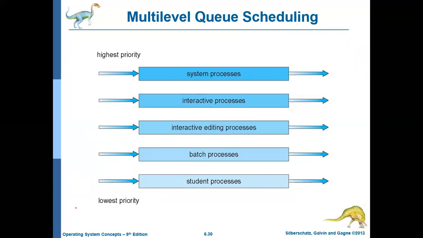Okay, so there are two types. The first method is that all the jobs in the higher priority queue should be completed before executing any jobs or processes in the lower priority queue. The second method is the operating system may allocate some time, say 80% of the time, for the jobs in the higher priority queue or the interactive process, and the remaining 20% for the jobs in the batch process queue.